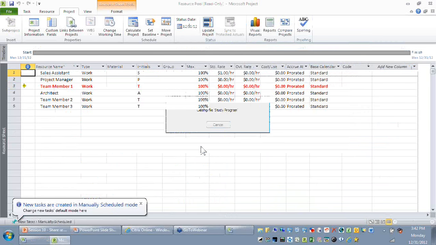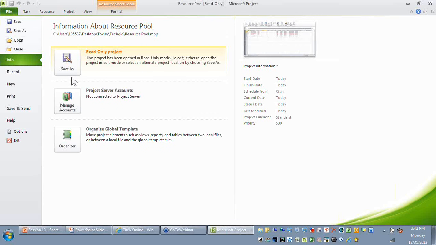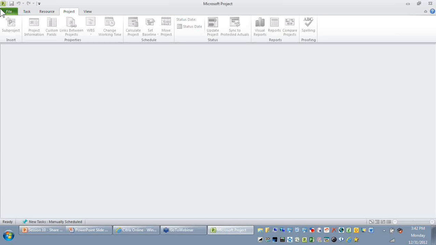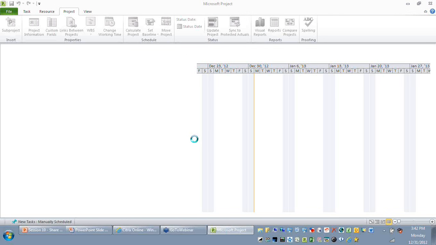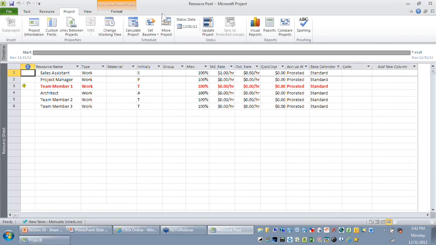So I'm going to open my resource pool. Fine, so I opened it. If you want to know the utilization of the resource, what is the best view for it? I can suggest a couple of views here. The first view is